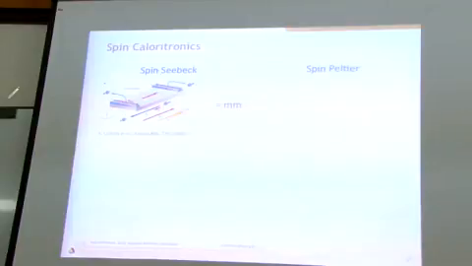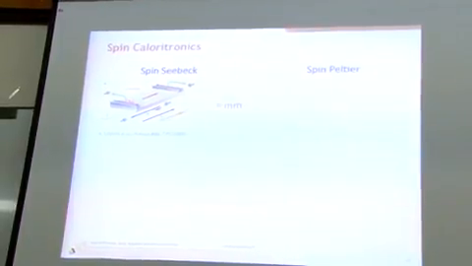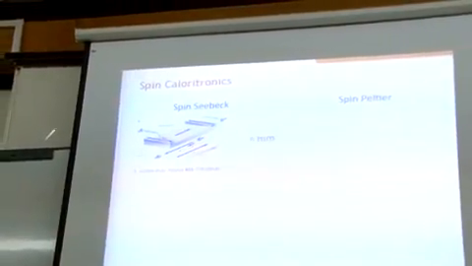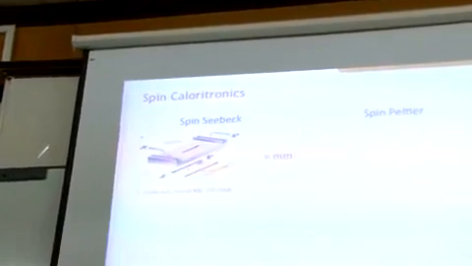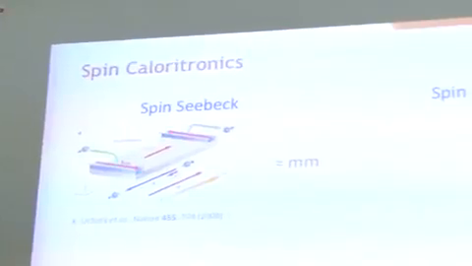It generates a transverse voltage. And the voltage should be opposite at this end versus this end, because here the spin current goes out and here the spin current goes in. And that's indeed what people measure. If you take permalloy